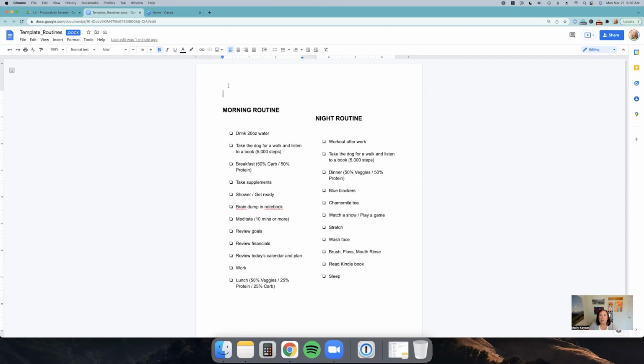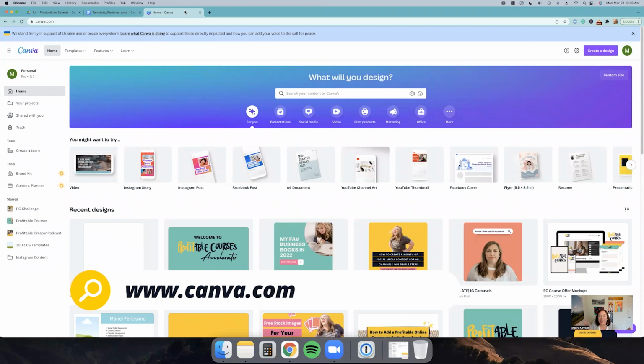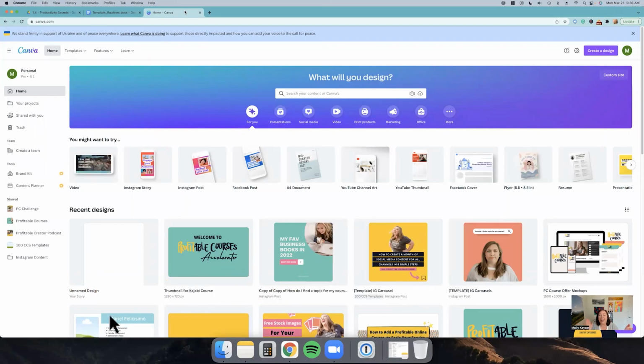And so I'm going to show you step by step how to use Canva to create pretty worksheets for your students. So let's jump into Canva. So what you're going to want to do is go to canva.com. Now, hopefully you already have a canva.com username and password, so you can just log into your Canva account. If you don't, go ahead, pause this video if you're doing it step by step, and go ahead and create